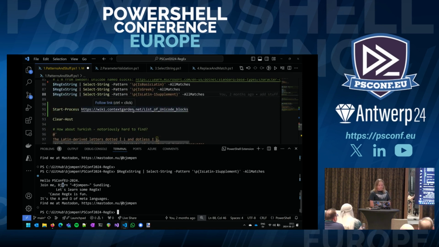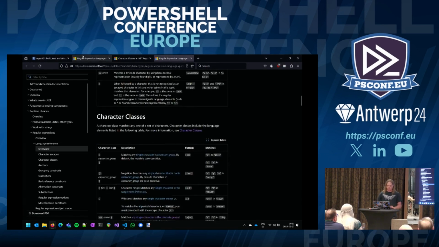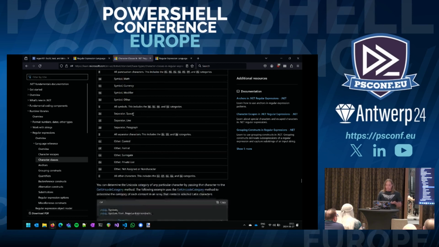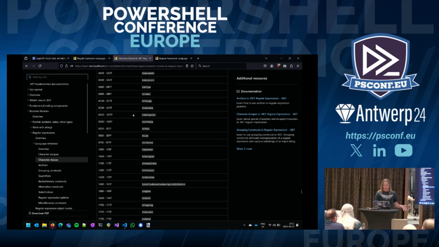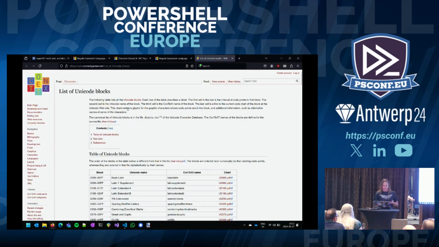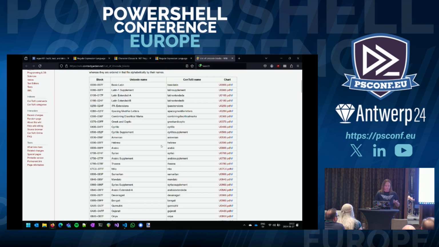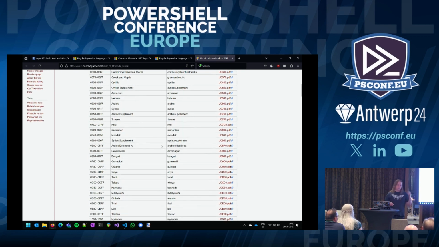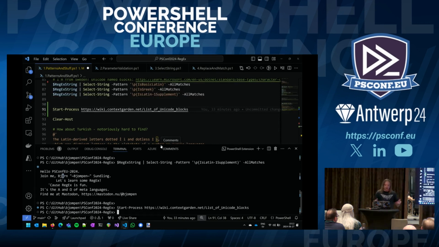And there is a lot of documentation around this. So we have the official Microsoft documentation again. It actually has the Unicode categories listed in here. And there's a lot of them. We can do all kinds of cool stuff. Is there one for each of the Nordic countries? Not specifically, because the countries aren't really Unicode. Unicode is more groupings of characters. But there are a lot of these lists that tell you what's included in them. Some alphabets have their own because they are very specific alphabets. But for Nordic countries, I would say go with Latin 1 and Latin 1 supplement.